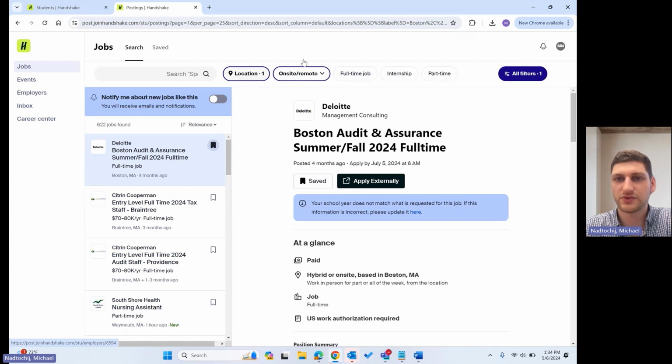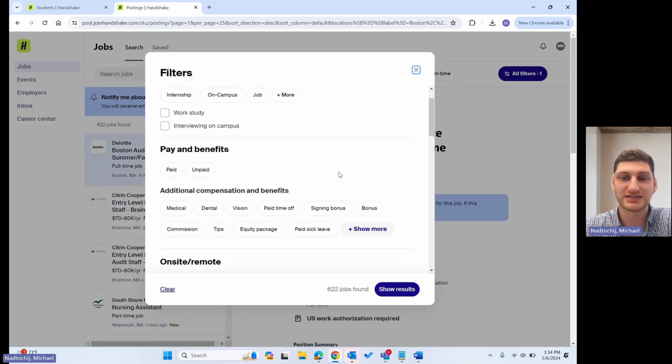It's important to note that when you're doing the filters, you don't want to apply too many filters because you might only find only a few jobs. But try to keep your options open. If you're looking for something really specific, you can click on all filters here and narrow down exactly what you